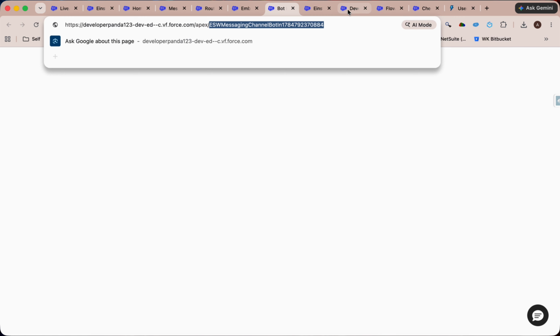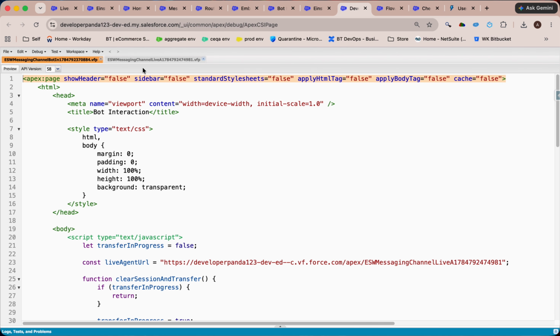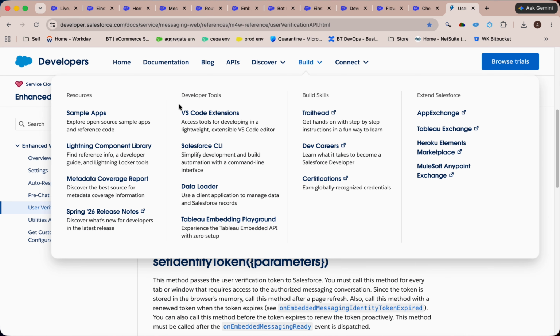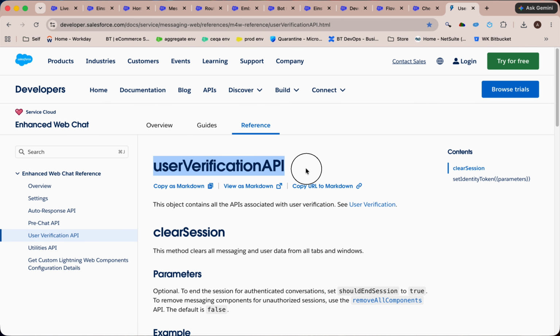So let's go to the developer console, and I have already opened those two codes, right? The very basic requirement here is, let's say you want to end the messaging session, as per the requirement. There is no standard way to end it. It can only be ended when a user, like a patient or a rep, wants it. Sorry, my mistake, there is no configurable way, but we always have different APIs in Salesforce. So for that use, if you can see, we have the user verification API. Inside this user verification API, we have something